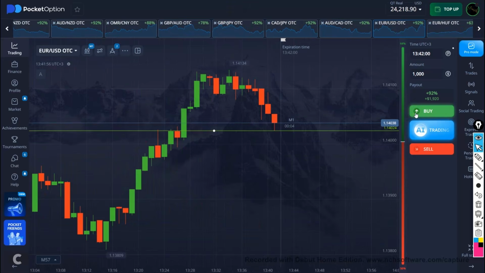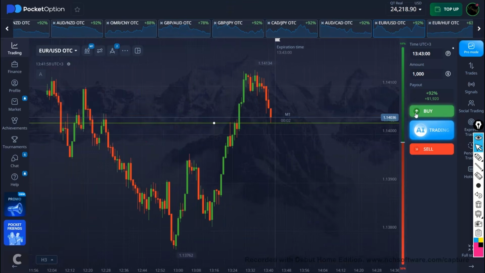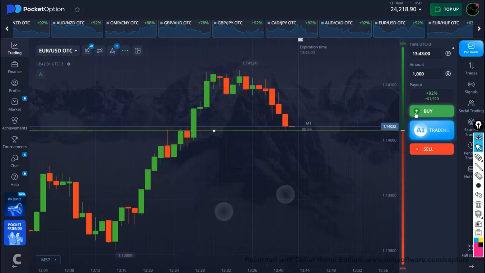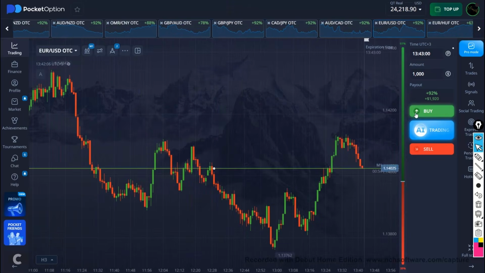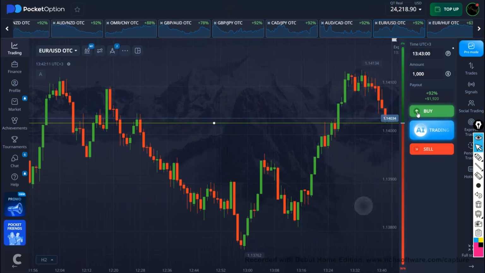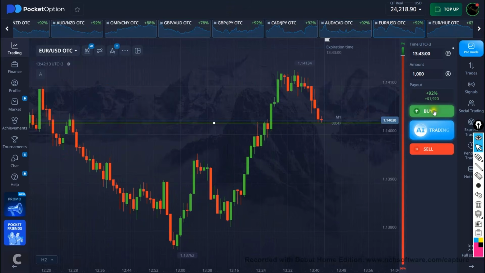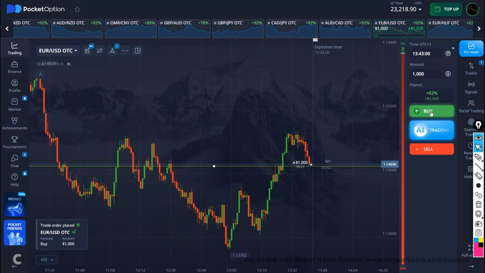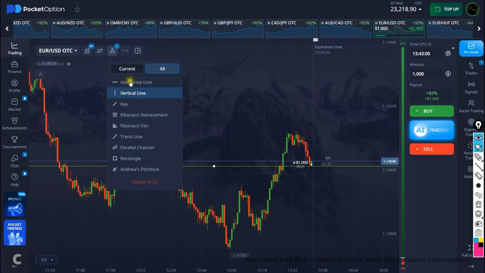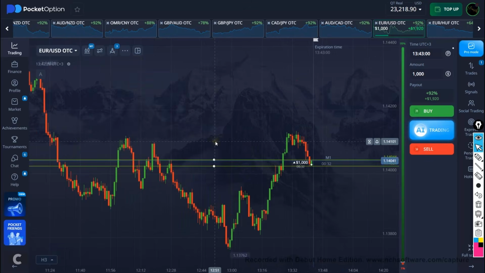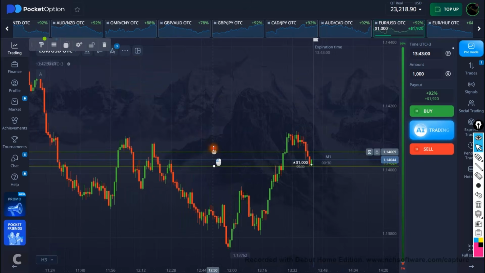Okay, I just missed this one, so I thought it was going to come down. Okay, I'll take a trade on this one. Okay, I just took a trade with the buyers, and this was because of something I just noticed. So I'm expecting a green candle right here. And the reason is